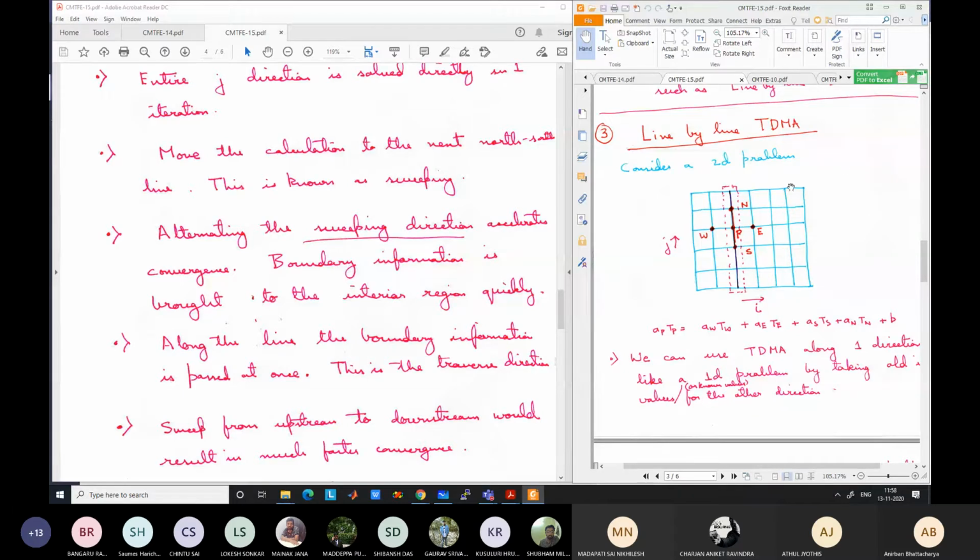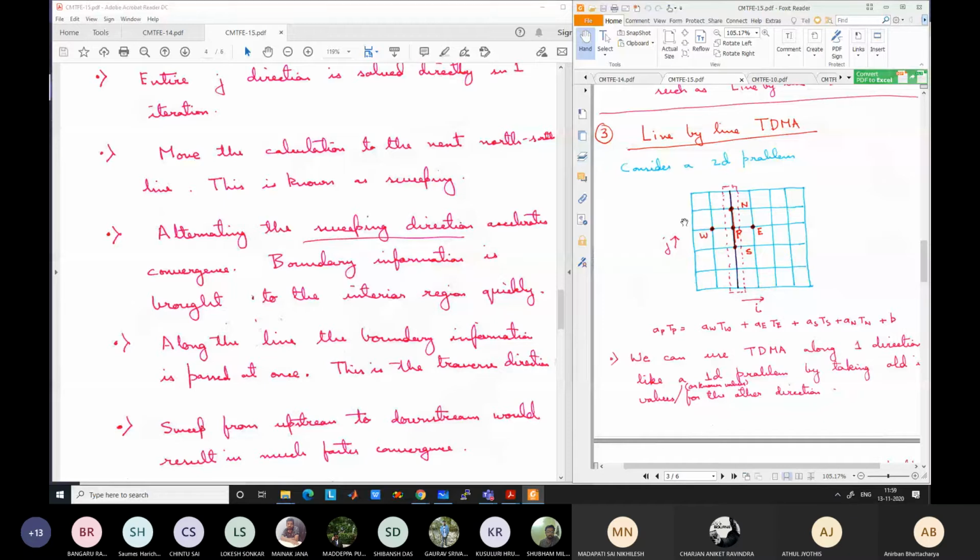Then you change the direction. For the same plane now you take the horizontal direction and sweep along the vertical direction like this. Then you change the direction again along the third direction and you sweep along the other two directions. So like that it can be much faster. Although it looks like a lot of steps are involved, still it will involve 100, if there are 100 grid points in each direction.